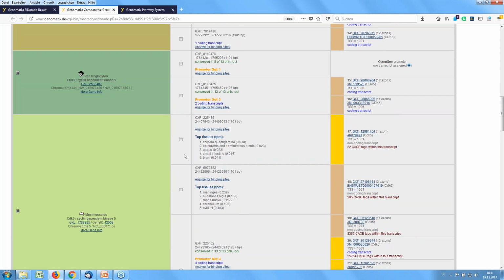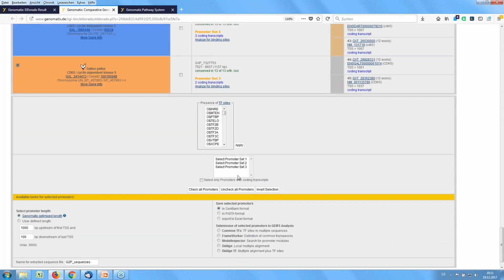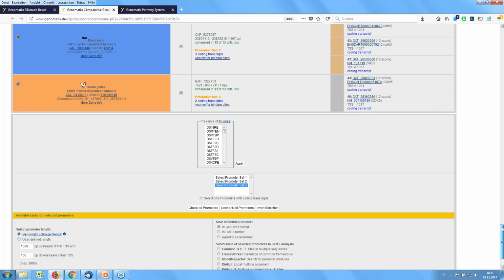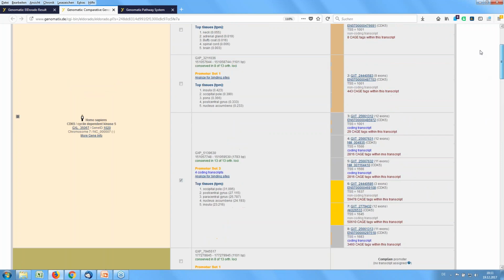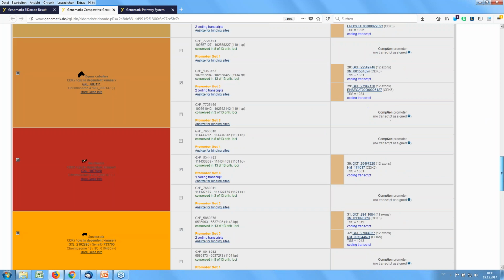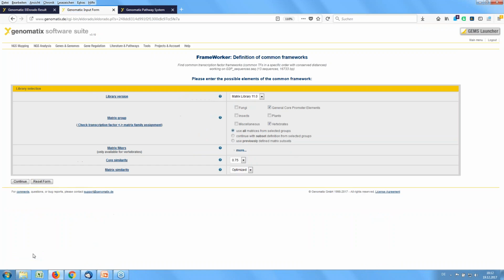And we can easily select the promoters just by one click. If we scroll down here in the list and select the promoter set 3, now you see the check marks here in these check boxes, and you see that all of the promoter set 3 promoters are actually selected for downstream analysis or also for saving them. And for downstream analysis, I will use the Frameworker. As I said, this is our program for finding common patterns of transcription factor binding sites. So I run this,